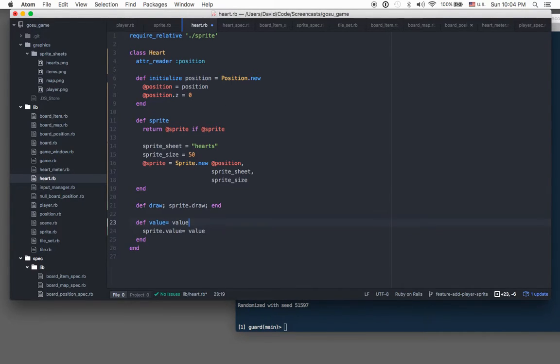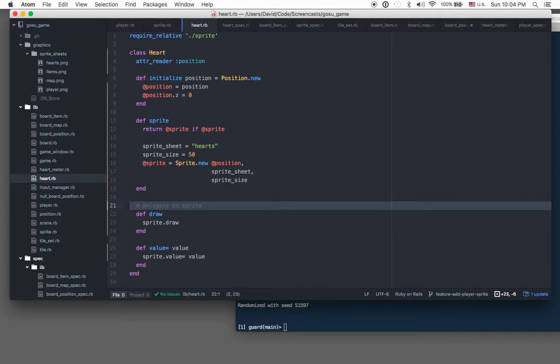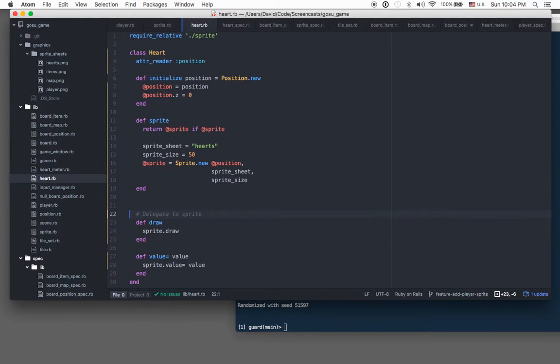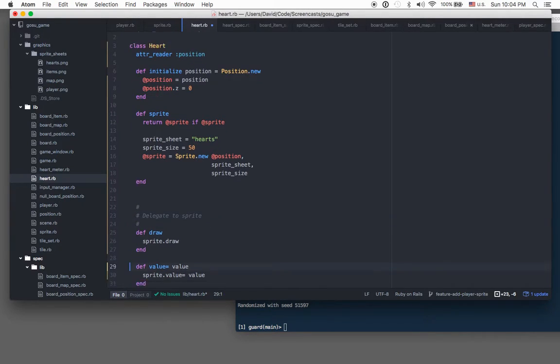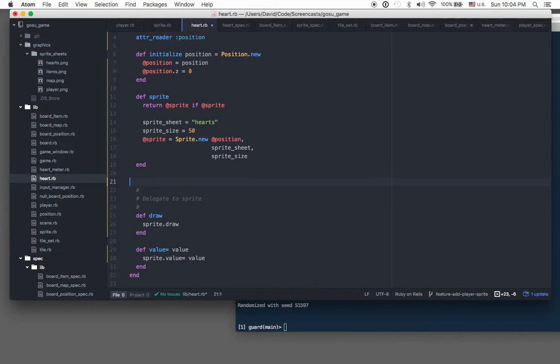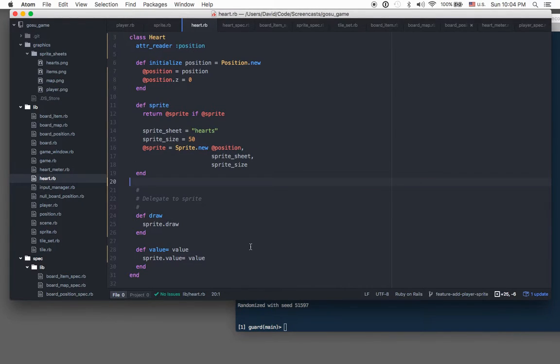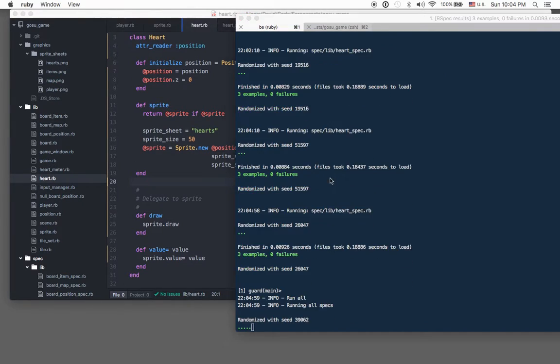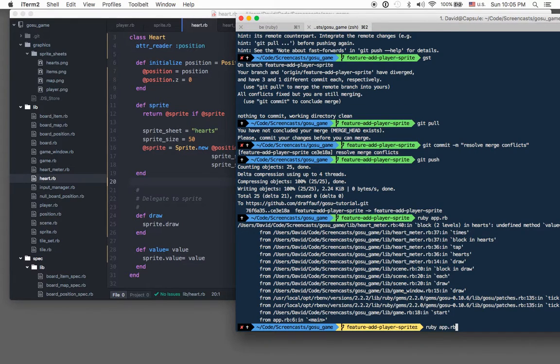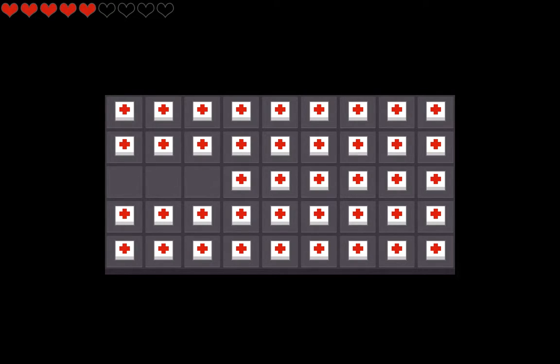So let's go back to this. Maybe if this felt more like a section, it would help. Okay. Yeah, I'm kind of okay with that. Let's roll with it. So that's working. Let's see if all the specs are working. And then let's see if this works. So cool. So now we have